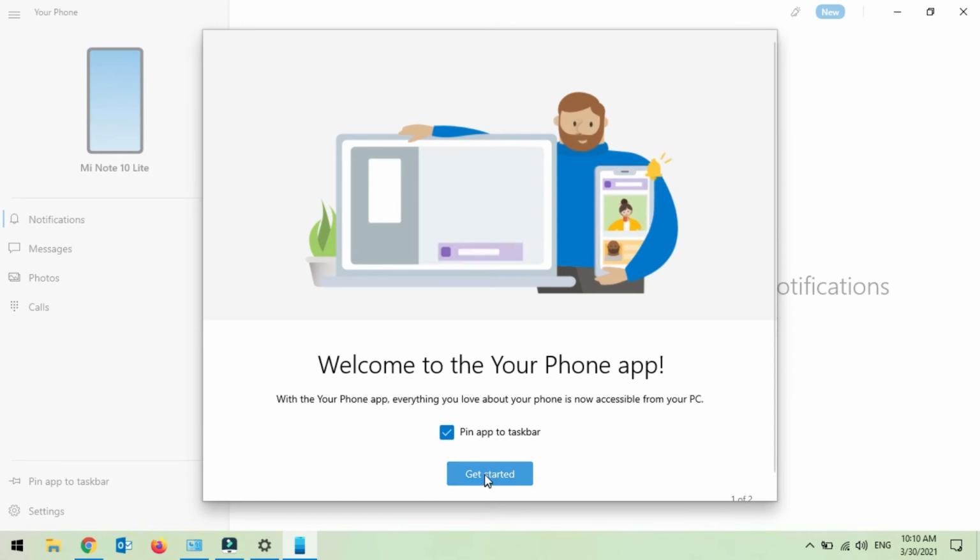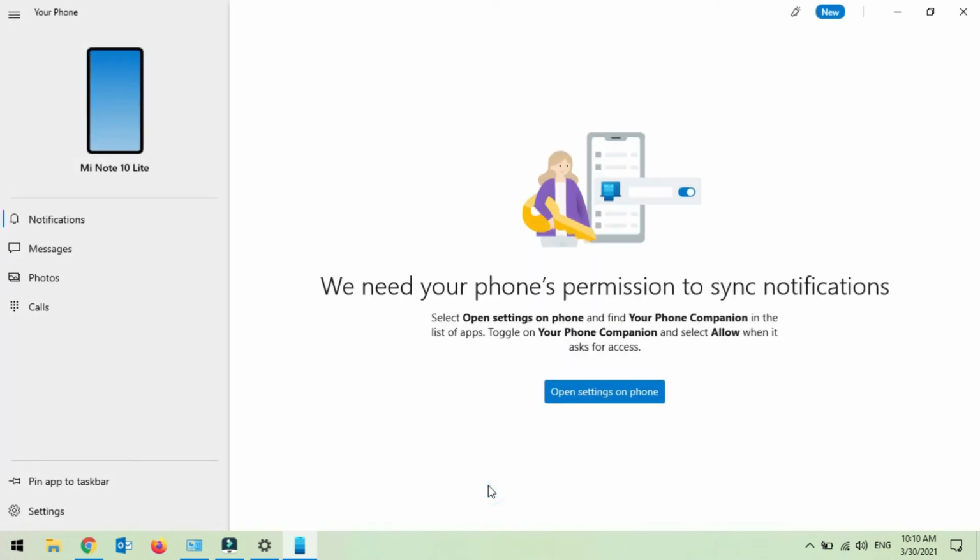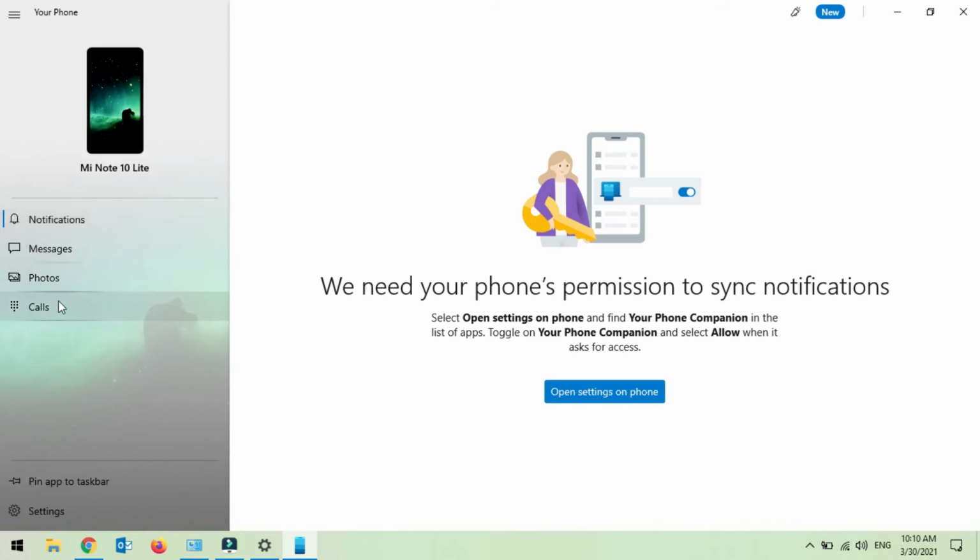So get started and skip everything. So if I want to check notifications, it's saying open settings on your phone and find Windows companion app and allow it for access. Okay,